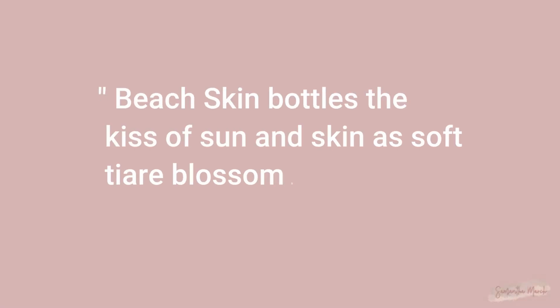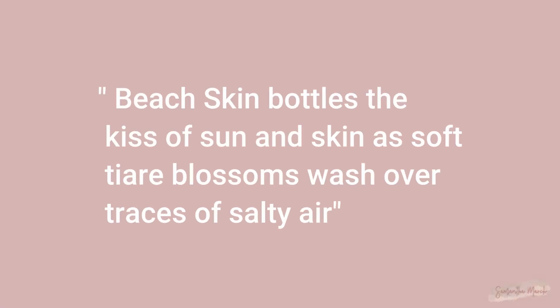Beach Skin bottles the kiss of sun and skin as soft tiara blossoms wash over traces of salty air, accented by the citrusy spark of bergamot. A transparent veil of coconut milk and sandalwood linger on skin, leaving remnants of creamy warmth that's both airy and sensual. So I think I gravitate towards this one because, again, it has the sandalwood, the musk, the vanilla